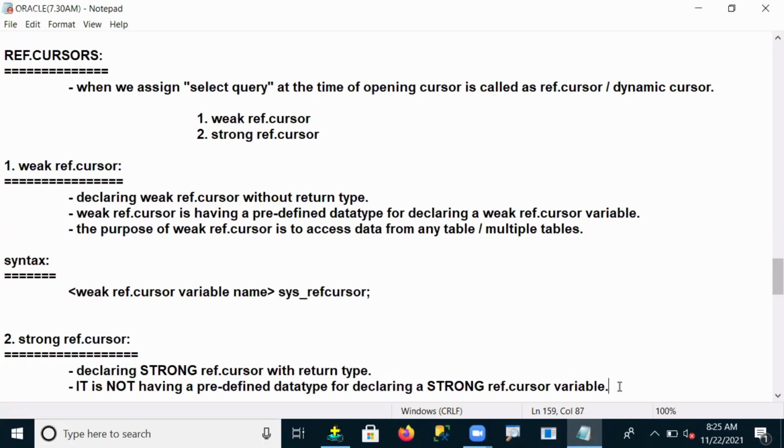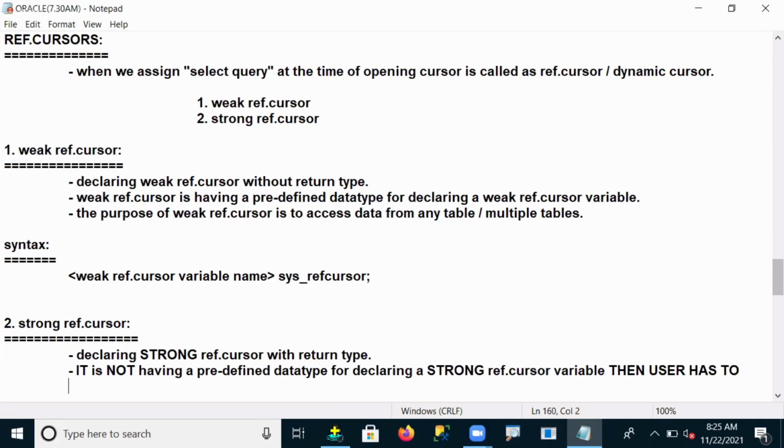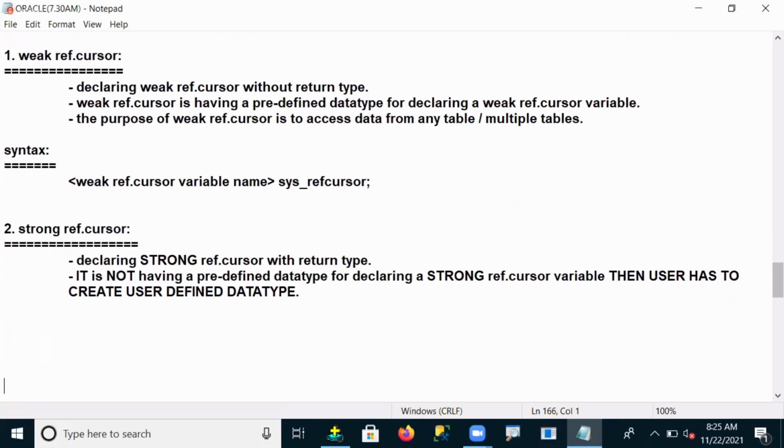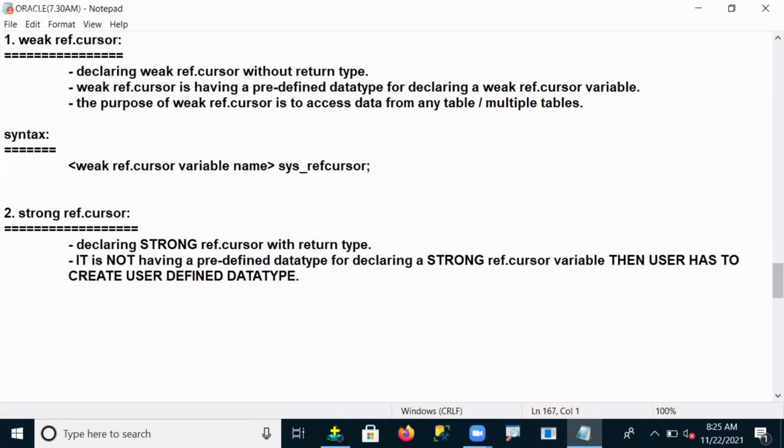If a predefined data type is not there for declaration of a strong ref cursor variable, then the user has to create it. The user has to create a user defined data type. Understanding my point now?